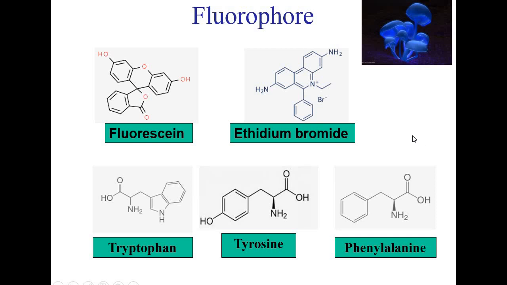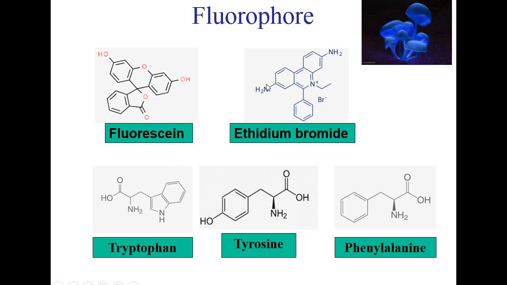So the molecules which are fluorescent in nature are known as fluorophores. Fluorophores are similar to the chromophore which we have already discussed in UV spectroscopy. A fluorophore is a fluorescent chemical compound that can re-emit light upon light excitation. Fluorophores typically contain several combined aromatic groups or planar or cyclic molecules with several pi bonds.